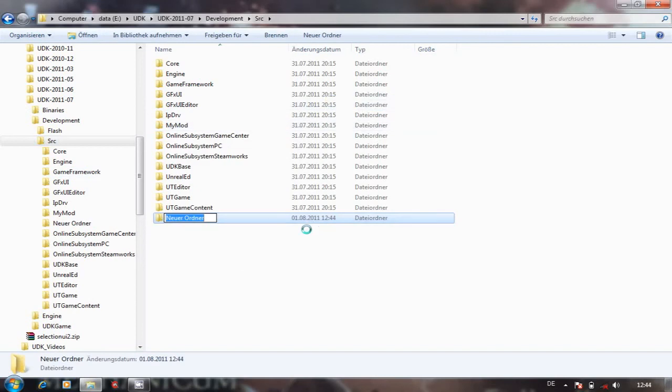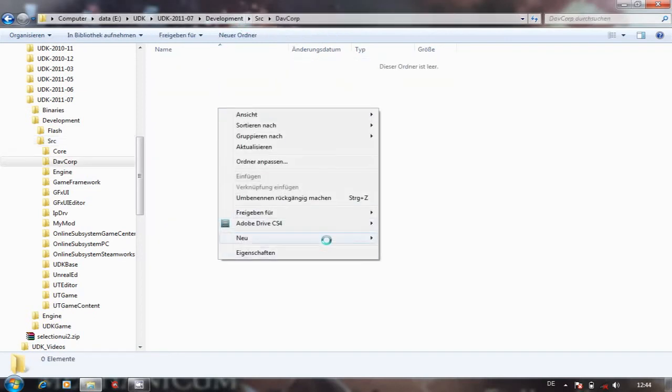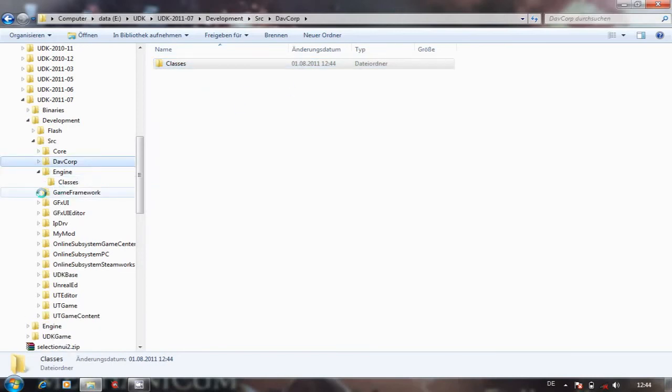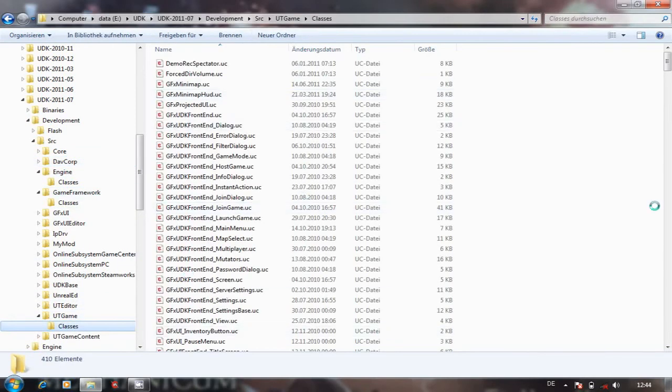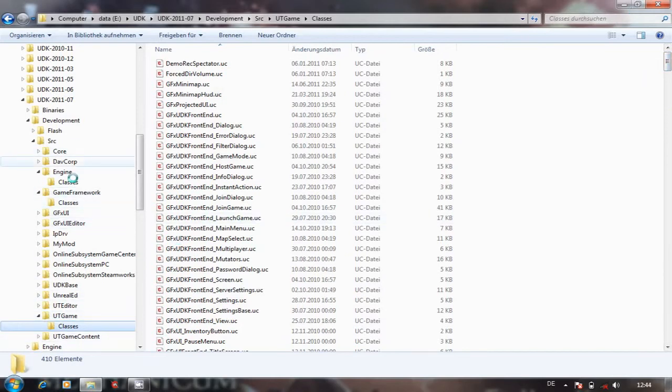Okay, we're going to call this DavCorp, and in there we're going to create another new folder, and we're going to call that classes. Now you might be wondering why I'm doing that. For a simple reason, that's what all these other ones are doing. As you can see there, you've got all your UC files. And in the next video, what we will be doing is making stuff to go into